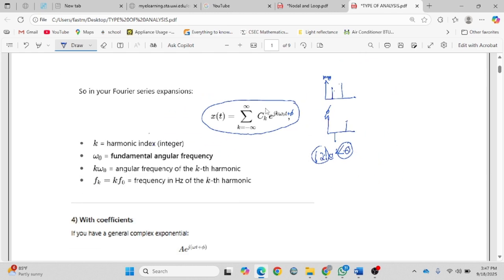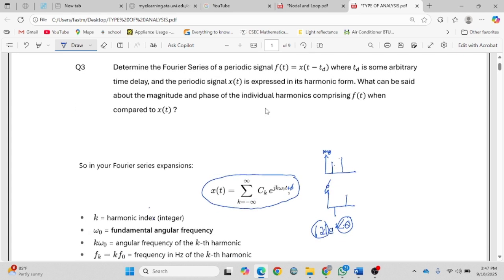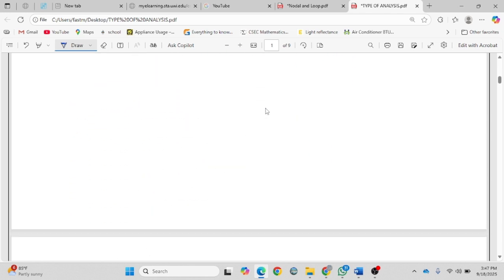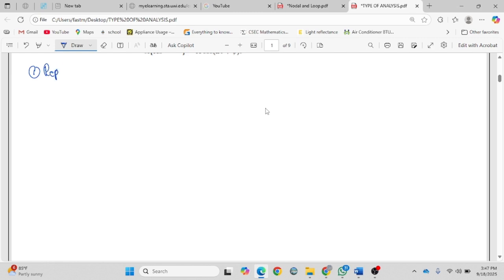So when we're doing this question here now, the first thing we have to do is let t be t minus d in this equation. So just go down here. So step one, replace t with t minus td. So you end up with x of t minus td